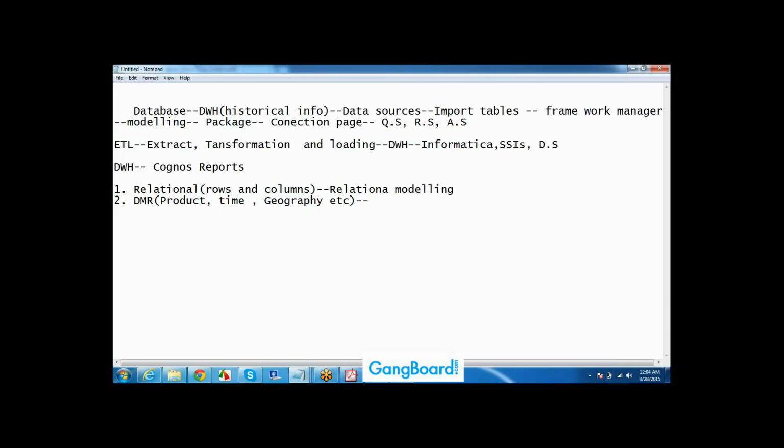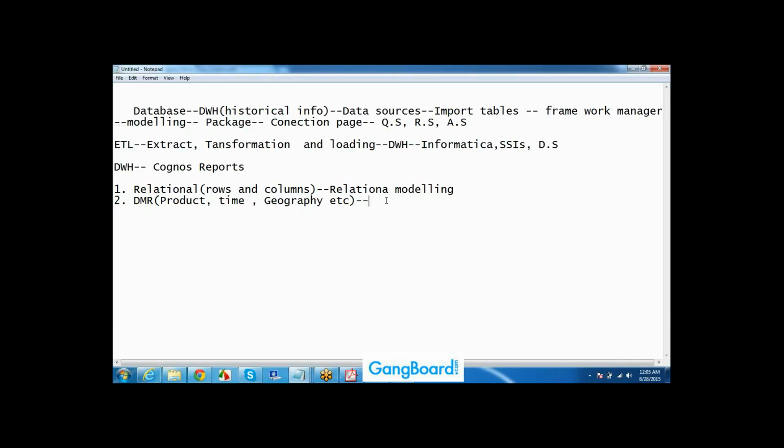Why can't we use the same dimensional approach in relational modeling? It won't support that. The rows, like the columns, like name of the employee, salary as per the month, January, February, how much he got. Yeah, I got your question. For that relational formatting, we need to create some hierarchies actually. Under this year, these are all the months that should come. I need to tell the system, unless I tell them that under the 2015 year these are all the months available, I need to go and tell them manually. That is what we can do only at the DMR level.